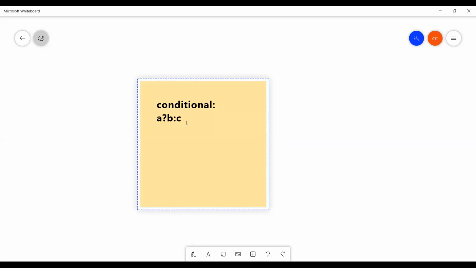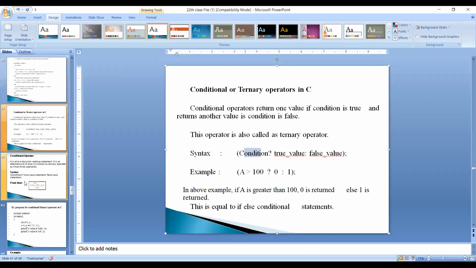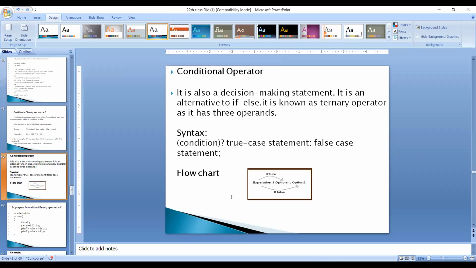How to work with the ternary operators? You see my slide. This is the flowchart for the working of conditional operators. Very simple. There are three parts: expression, followed by question mark, followed by option 1, followed by colon, and the last one is option 2.